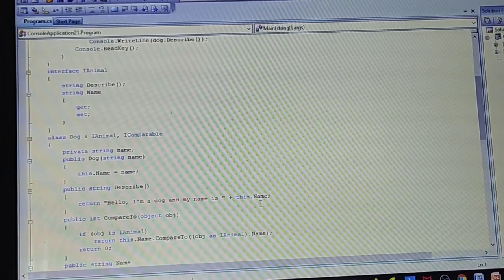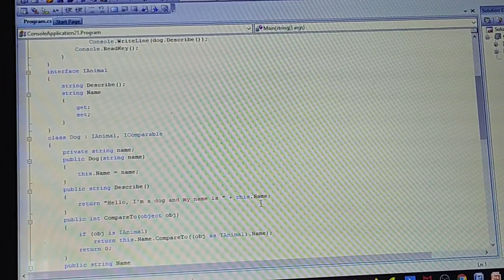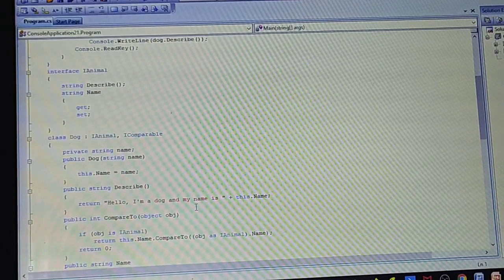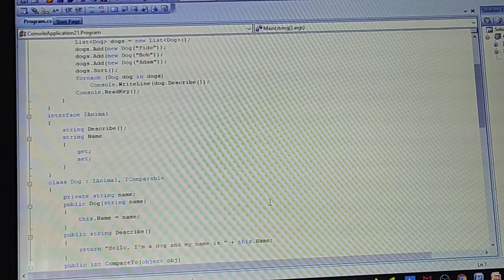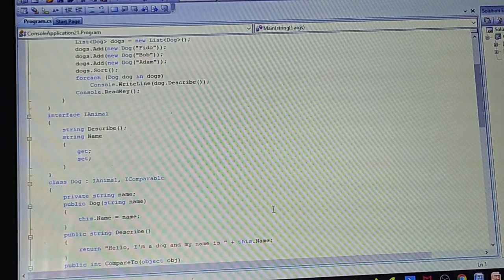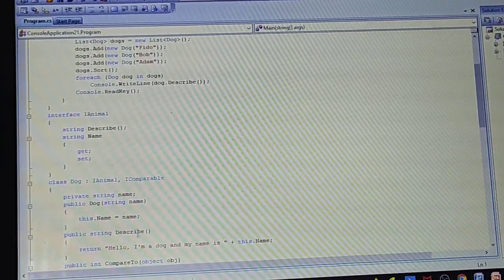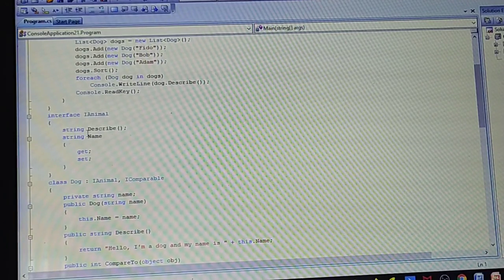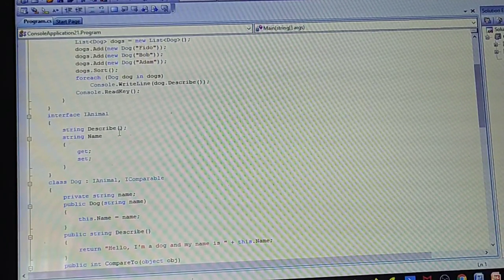So these names of dogs will be attached to this. Hello, I am a dog and my name is Bob. Hello, I am a dog and my name is Adam. This way, when the Describe method is called, it gets attached. That is why in the interface you have a method called Describe, you have a